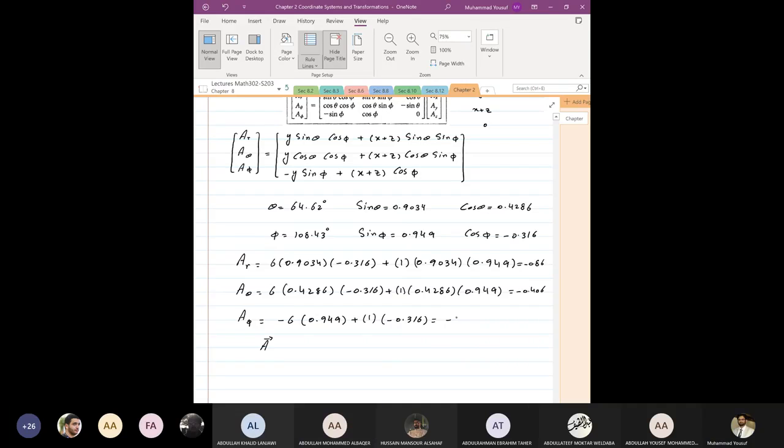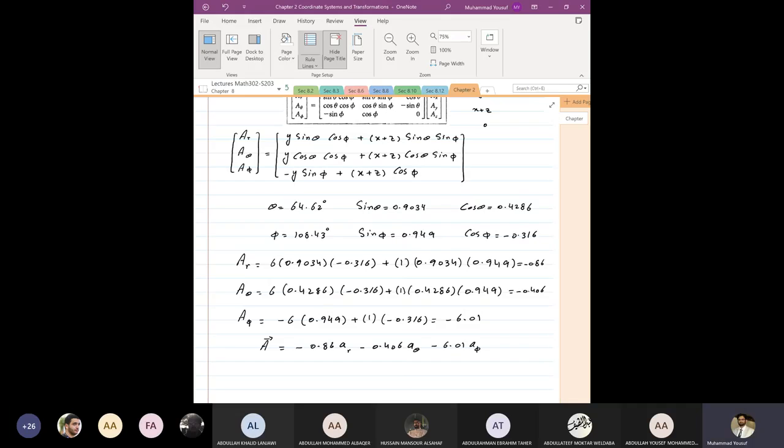Yes. So this is equal to negative 0.86 a_r, negative 0.406 a_theta, negative 6.01 a_phi. Okay, so this is the final answer,